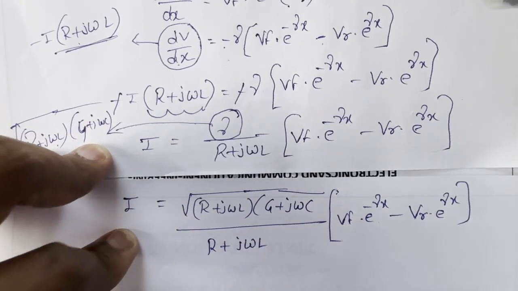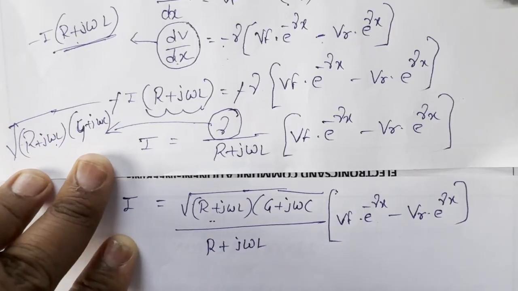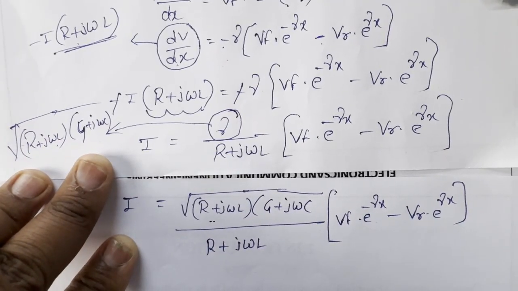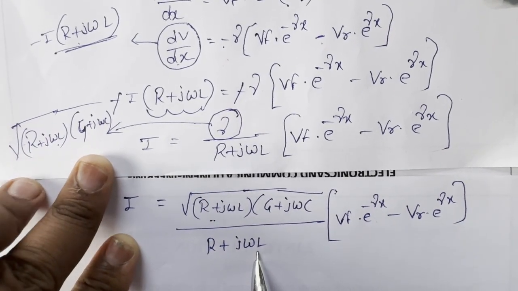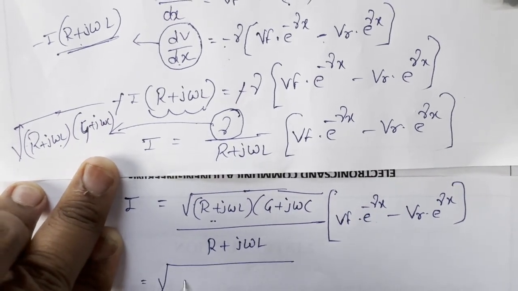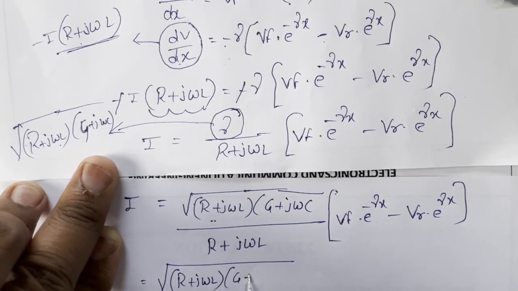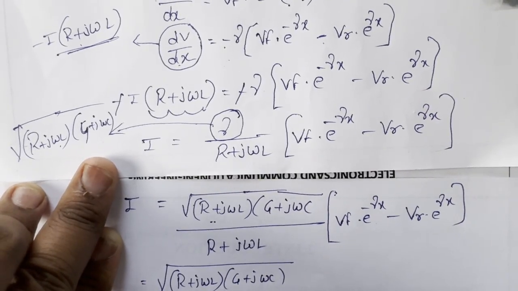Now in the numerator we have root of r plus j omega l, and in the denominator r plus j omega l. When we write the square root of (r plus j omega l) into (g plus j omega c) by